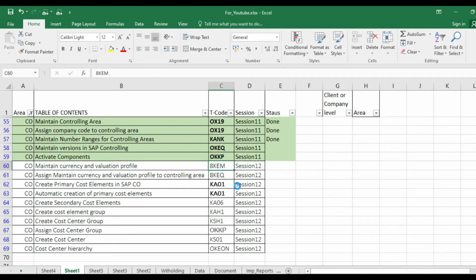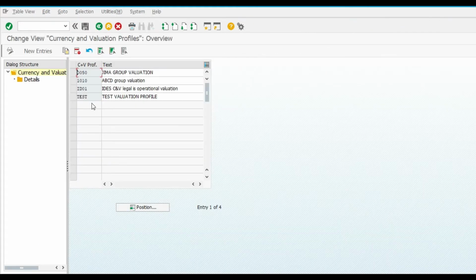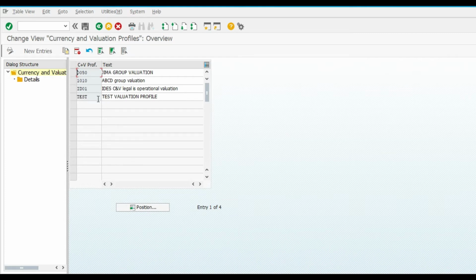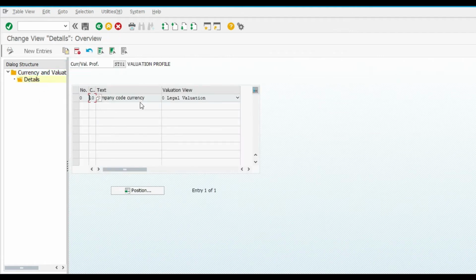Now maintain currency and valuation profile. Go to 8KEM, new entry, ST01. Save, transport, click detail.